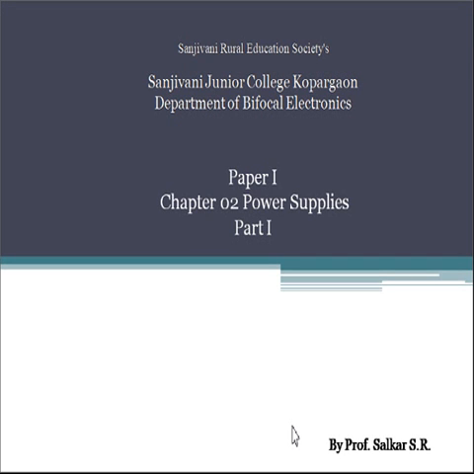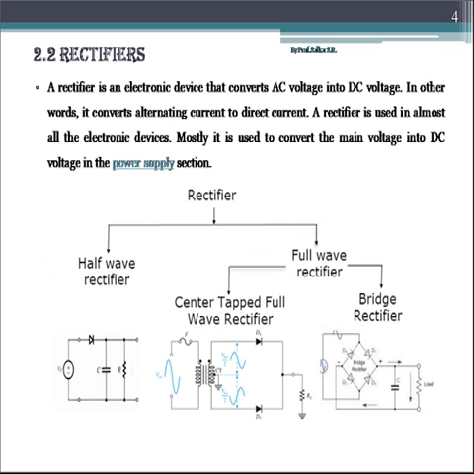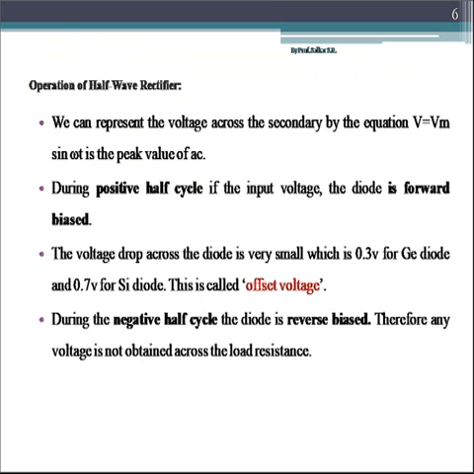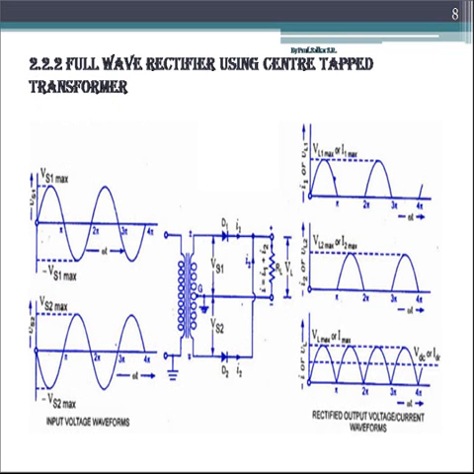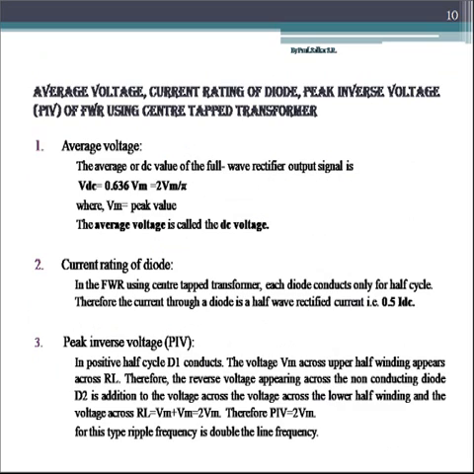In the previous YouTube lectures, we have started with the filters and we have also seen the first type of filter, that was capacitor input filter. We have learned its circuit diagram, how it works, and what the input output waveforms are. So now we are going to start with the second type of filter, that is the inductor filter.